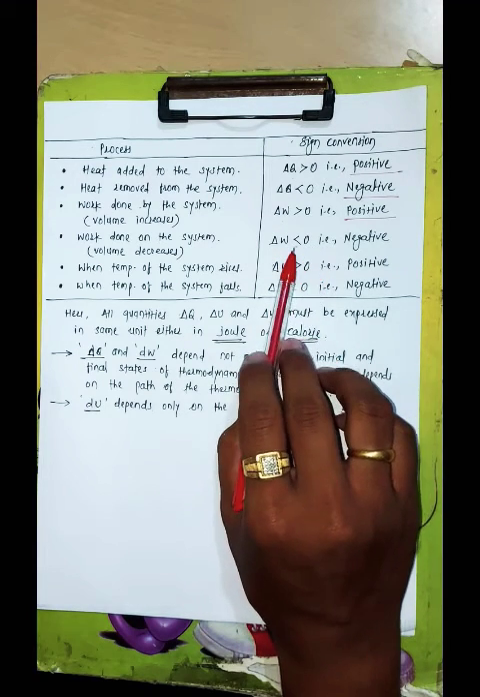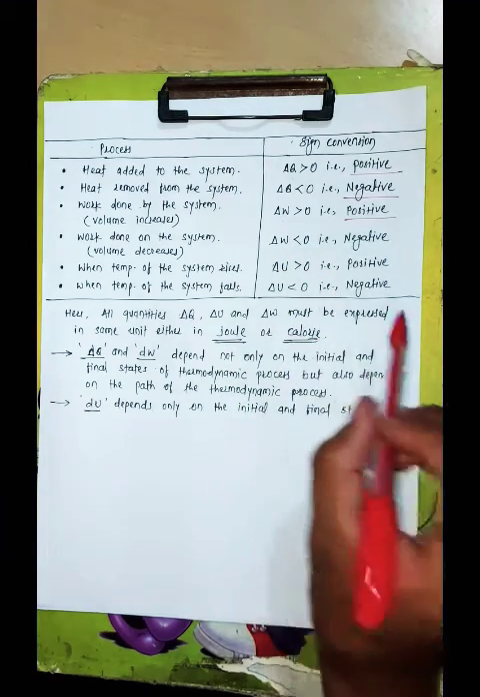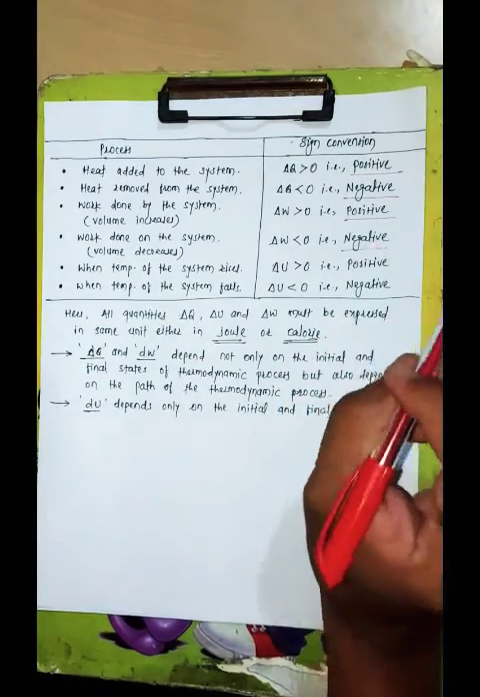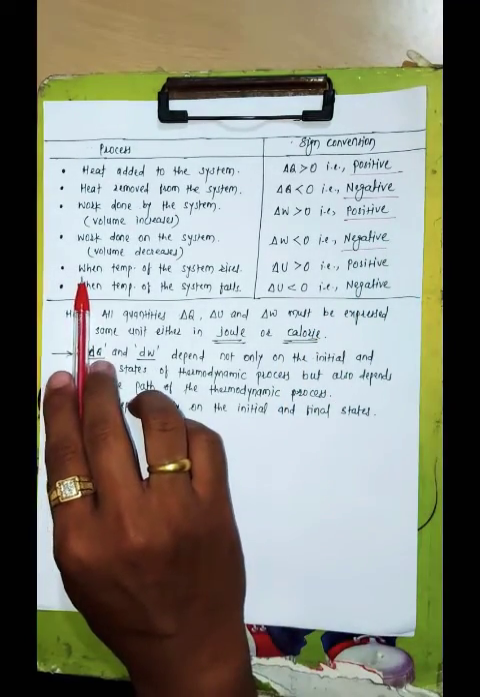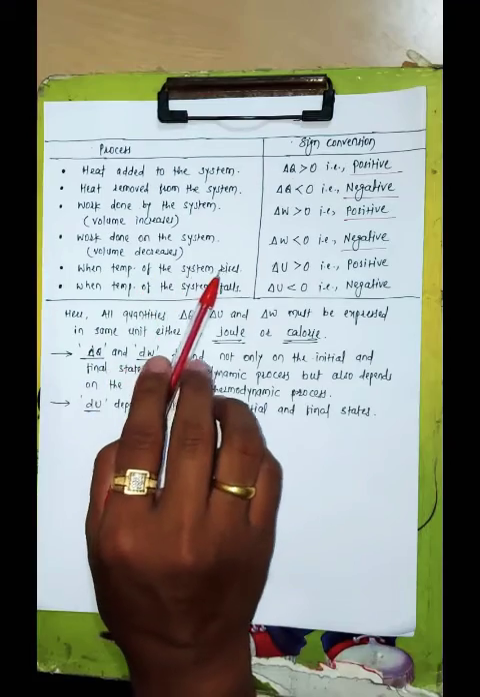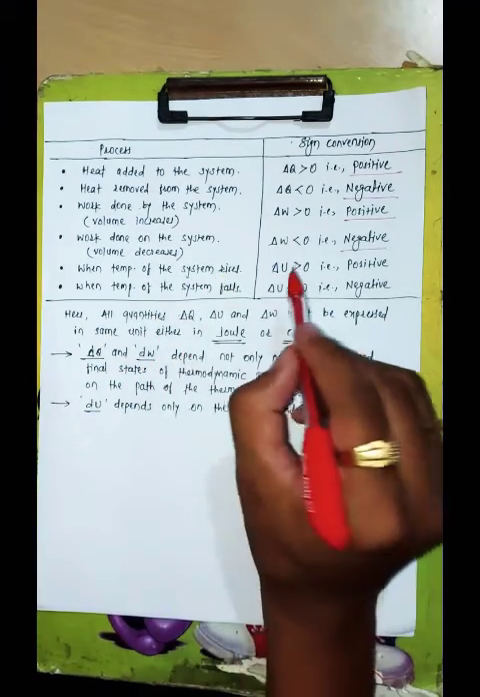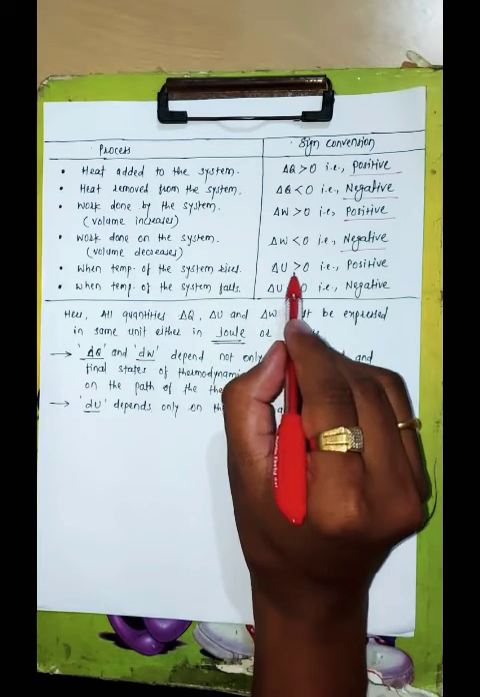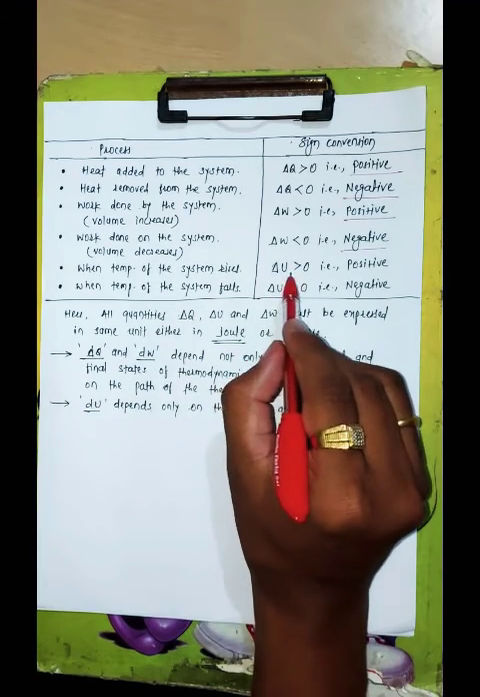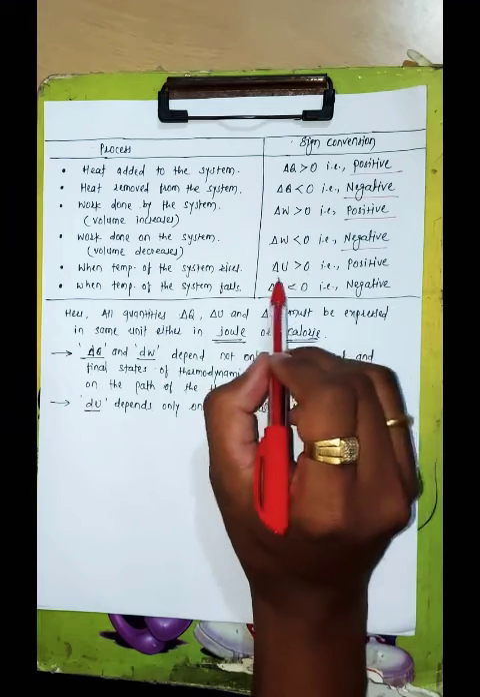That means the value of this work will be negative. Okay, the last is about temperature. When the temperature of the system rises, जेव्हा त्या सिस्टीमचं टेम्परेचर हे राइज होईल, then we can say that the internal energy should be greater than 0, that is delta U is greater than 0,